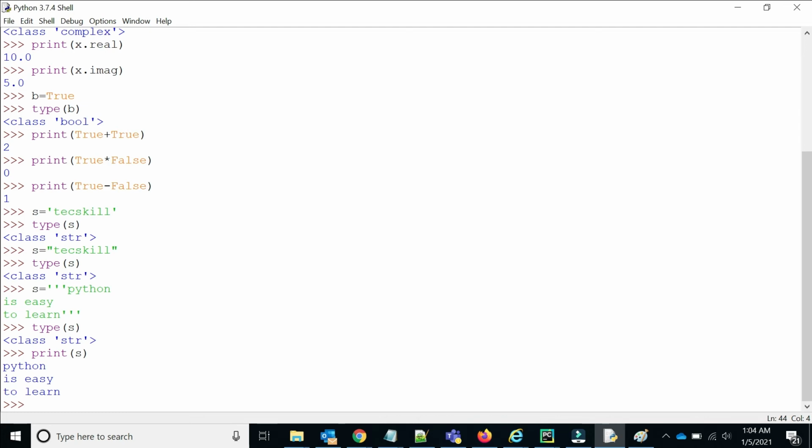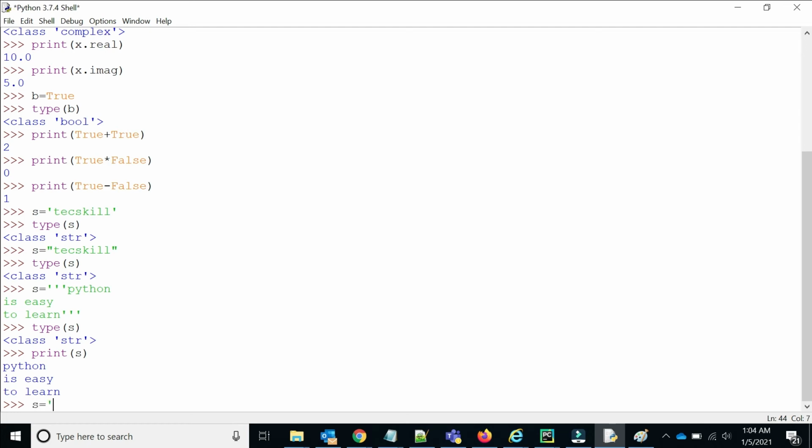Okay, so friends, now if my data itself contains a single quote, or if my data itself contains a double quote, how will I represent that? Let's take an example.